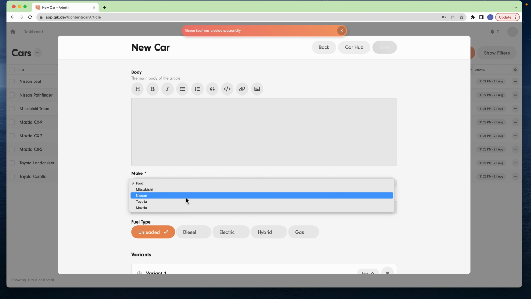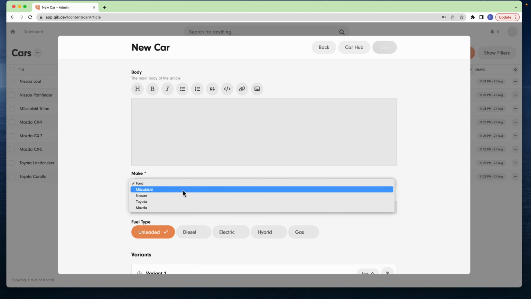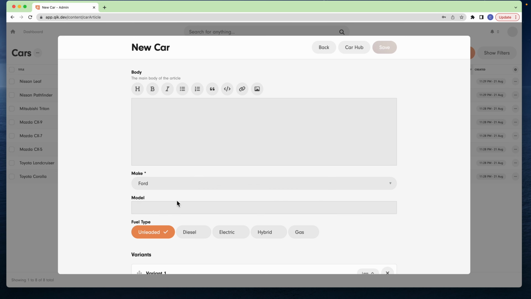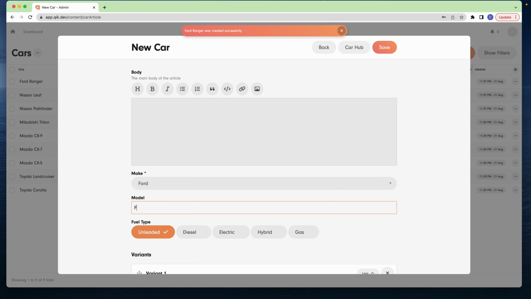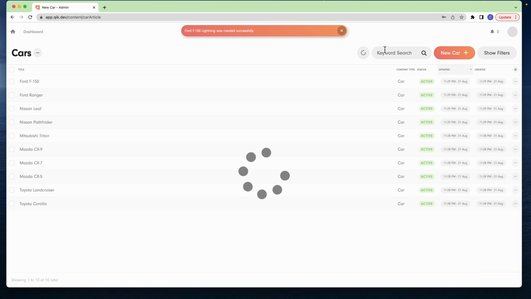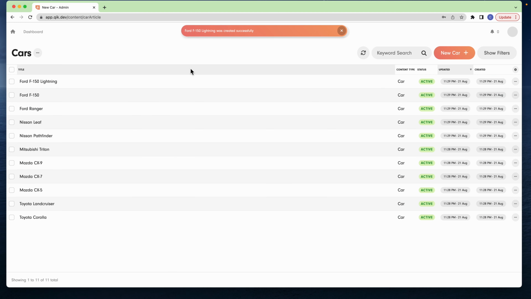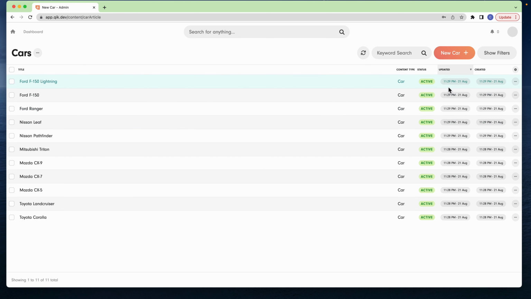And another car, what else have we got there? A Ford Ranger, could be diesel. And what's another Ford? A Ford F-150, which I think is unleaded. And maybe I think they've got an electric one. We'll call it an F-150 Lightning, and that can be an electric, something like that. Okay. So now we've got a bunch of cars. You'll see that the title's been generated as I expected, and if I tap these